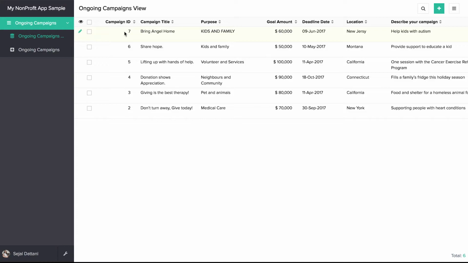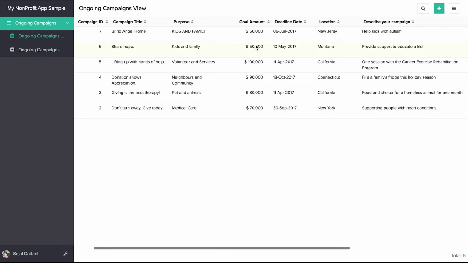This particular ID helps you to differentiate one campaign from the other, and it is an auto number field as we saw earlier. Not only that, you don't have to enter an ID every time you initiate a campaign. This ID will be automatically generated by the Creator application.